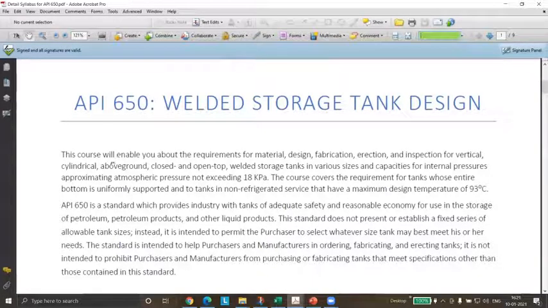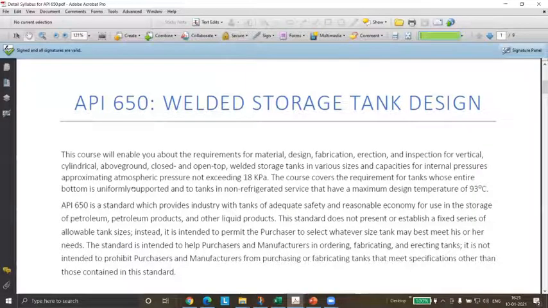Okay, it has to be above ground. It cannot be below ground. Or a vertical, sorry, or a horizontal. Horizontal tanks we cannot design, like the saddle mounted. Even though the pressure is below 1 bar, we cannot design as per API. It has to be a fully grounded support. The bottom plate of the tank shall be fully and uniformly supported. Then only we can use this API 650 code. We will refer to the scope and we'll see how the code defines it.